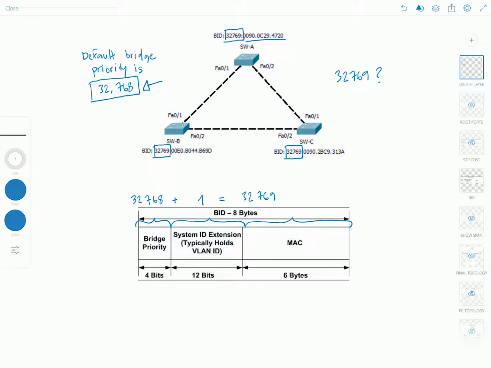Okay, but now that we know that, which switch will become the root switch? So we know that the priority is the same for each switch. So we must now look at the MAC addresses. So what we have here is switch A with a MAC address of